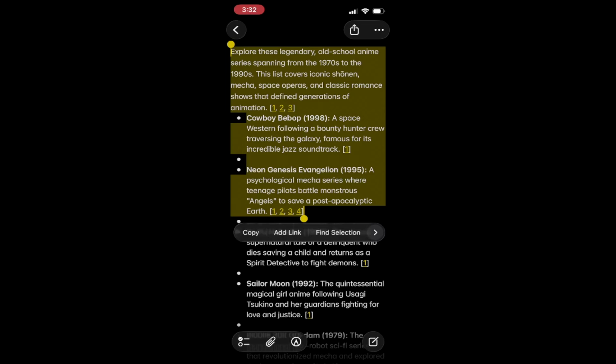Next, select the text you want to count. To do this, tap and hold on the text until you see a selection tool appear. You can then drag the selection handles to highlight the entire section of text. This action is crucial because it allows you to copy only the text you need. Highlighting it ensures that you are precise, which saves you time later when you are counting characters. After you have selected the text, you will see options pop up.